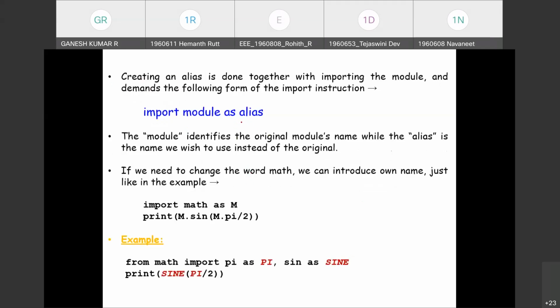And we have a special case of a module alias. A long module name can be used with the help of abbreviations, so that typing is reduced. A simple abbreviation will be very helpful, and we can remember it with the help of an alias. The original module's name can be replaced with a shortcut name, abbreviation or initials. This is one form, creating an alias. Right?